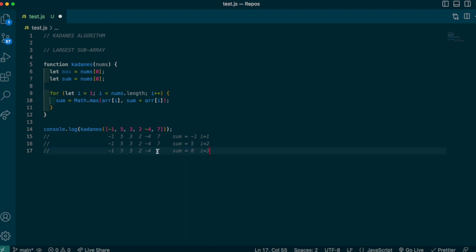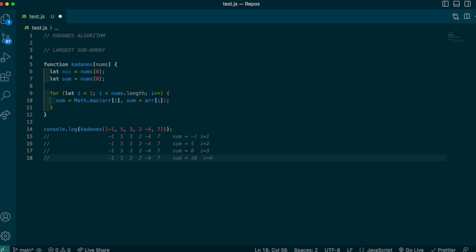We're going to do a comparison of 3 and 2, or rather 8 and 2. If I add 8 to 2, that'll be a sum of 10. If I were to start anew, this logic right here, I'd have a sum of only 2. So again, we're going to want to add to our sum or our contiguous subarray, and we can increment I again. So that's basically the whole trick to this algorithm, is you're choosing to either start anew or add to